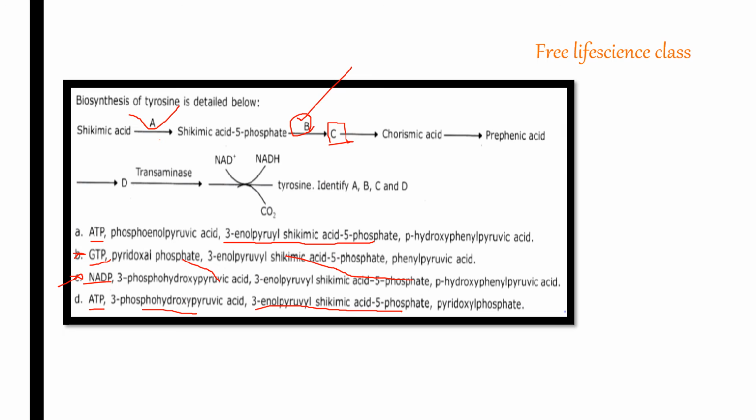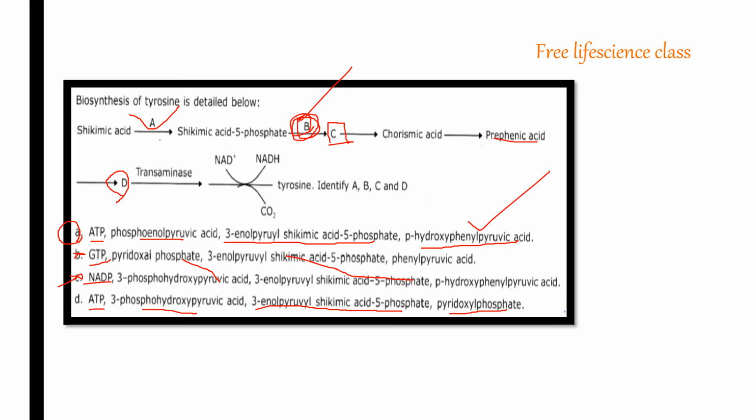If you are having any doubt, just go for option D. Then you go through para-hydroxyphenyl pyruvic acid, pyridoxal phosphate. From propionic acid, the next step is formation of para-hydroxyphenyl pyruvic acid. So this is the right option. So phosphoenol pyruvic acid is the step of B. So the correct option is option A. The option for this question is option A.